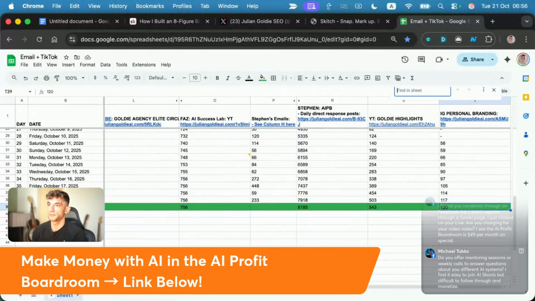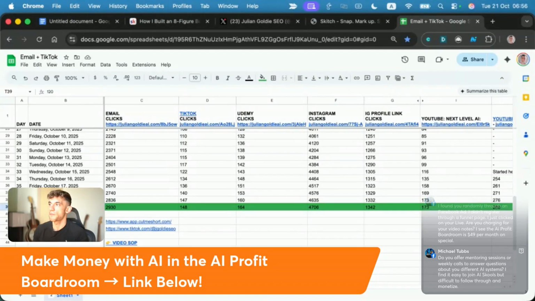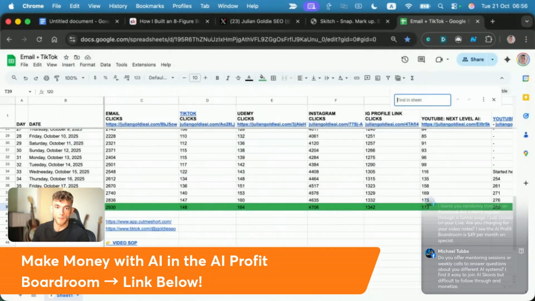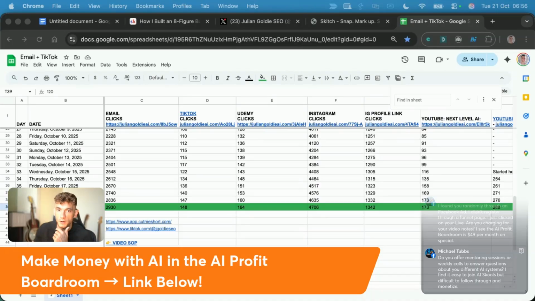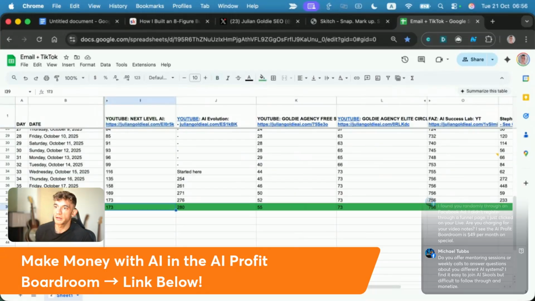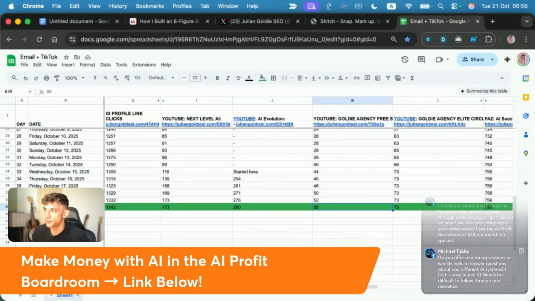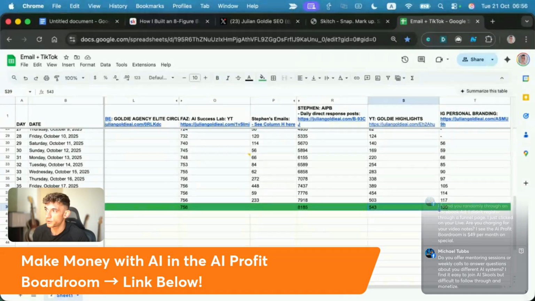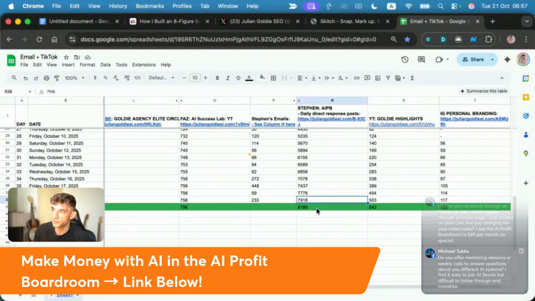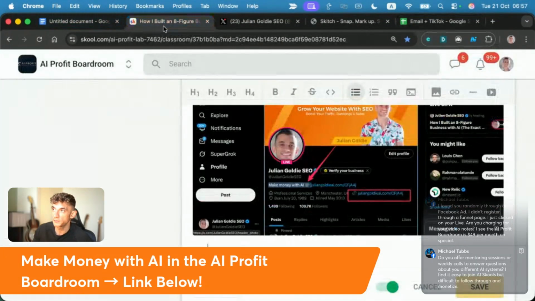Let's have a look at Twitter. Let me have a look here. Twitter, I think we've got it on a different spreadsheet, but basically what you want to do is just track across every platform how many clicks per day you're getting, right, from each platform. And then the good thing about that is you can easily figure out, okay, what's working, what's not, what's driving traffic, what's making us money, etc. Right? So for example, we have a copywriter who does direct response posts, and he gets about 200 clicks a day across all our platforms. So that's basically how it works.